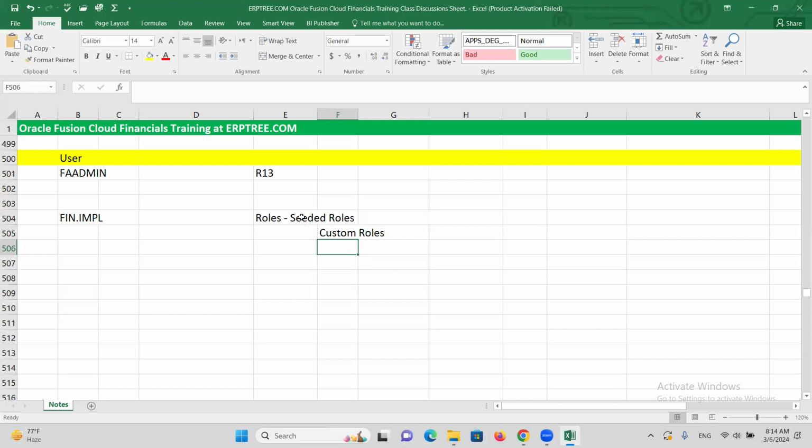Seeded roles means the roles which Oracle is providing. Custom roles means whatever new roles we create as per the business requirement, those we call custom roles. Now, if you are going to work as a consultant, which roles do we require? You are creating a user, say fin.impl. Now, which roles do we have to assign? We have to assign the role called